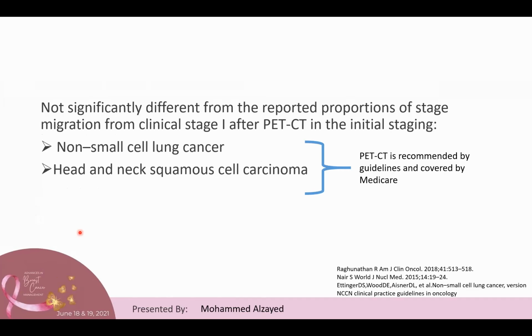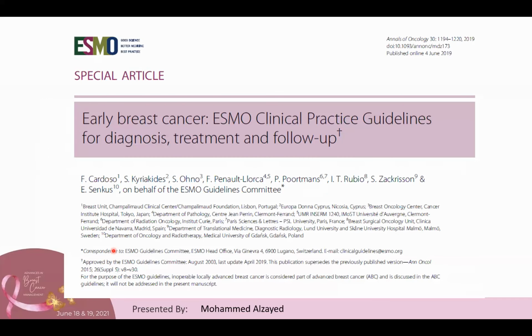The rate of stage migration after PET CT scan in breast cancer patients, especially stage 3 and stage 2B, is not significantly different from the reported impact on stage 1 non-small cell lung cancer and head and neck squamous cell cancer, where PET CT scan is recommended by guidelines and covered by Medicare. So for this reason, the PET CT scan I think will find its way into the clinical guidelines sooner or later,